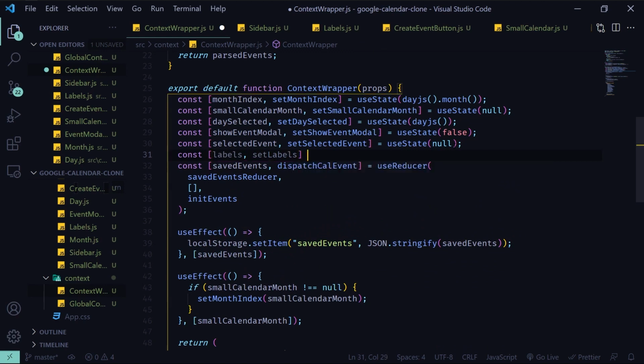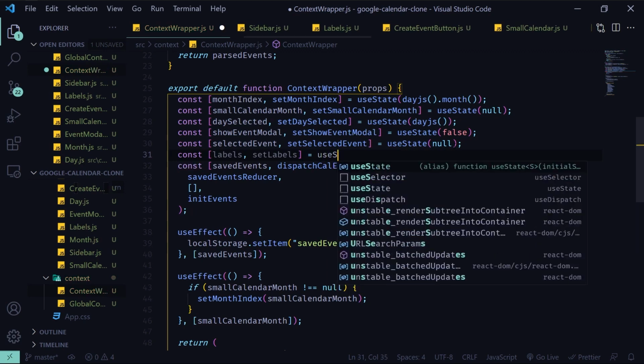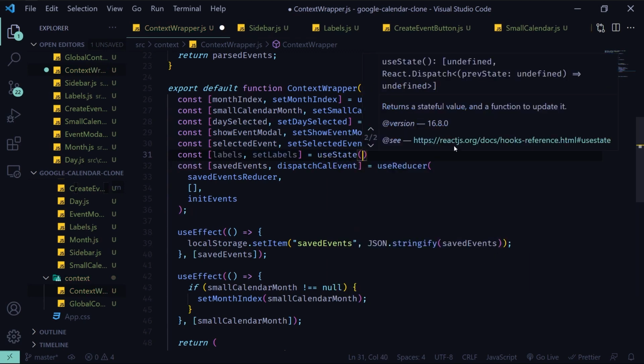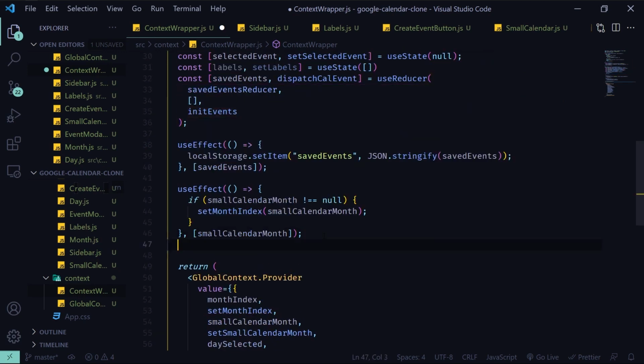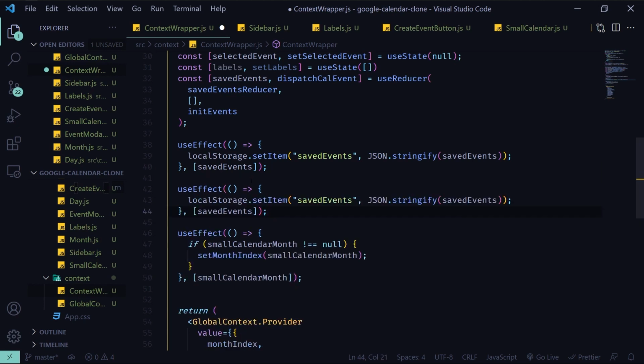So these ones are going to be the labels that are available, and we are going to use some state, and the initial value is going to be an empty array. So we don't have labels at the beginning, but now we are going to have a use effect that listens to the saved events,